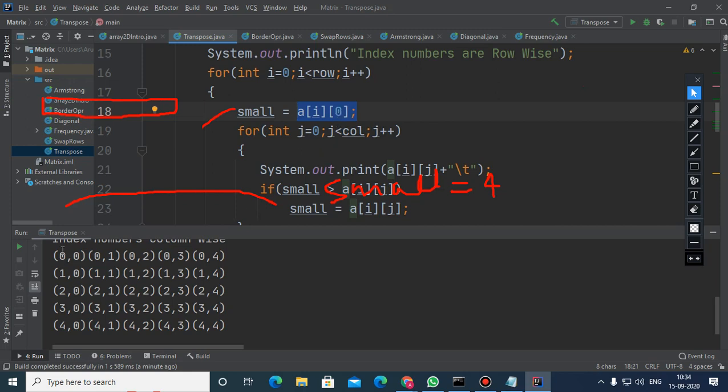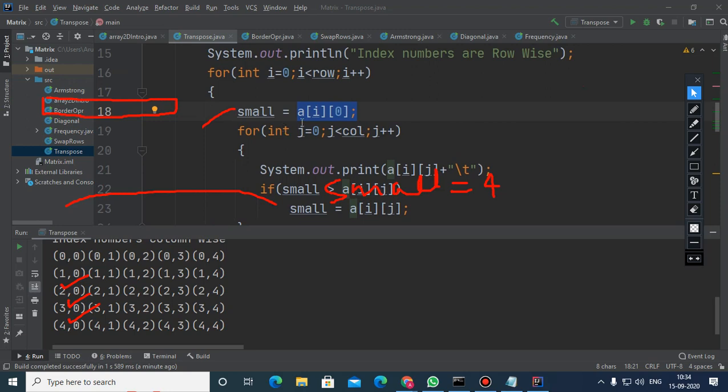This 0 column is fixed because the beginning element of every row belongs to the very first column. And only the row index number will change. So for the first row it is 0 0, for the second row it is 1 0, for the third row 2 0, for the fourth row 3 0, and for the fifth row 4 0.